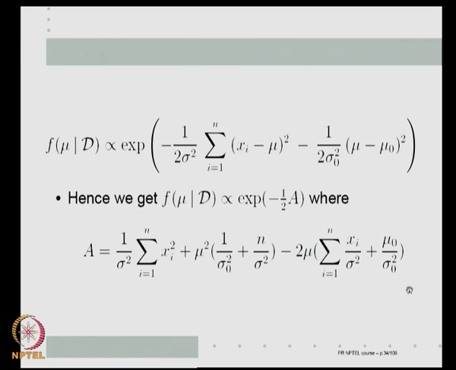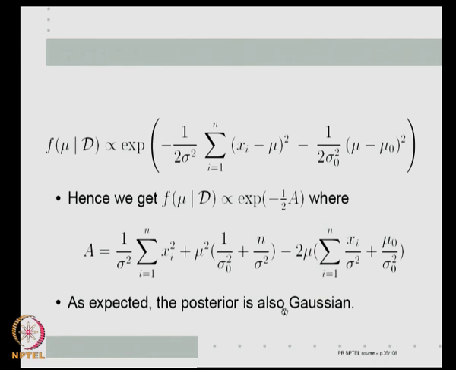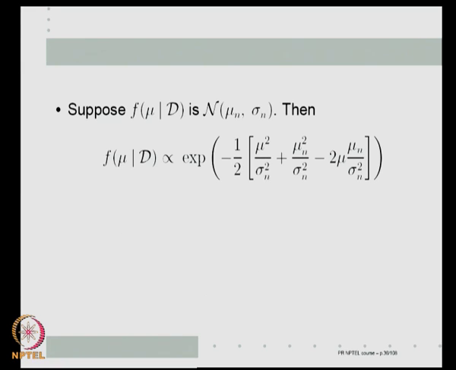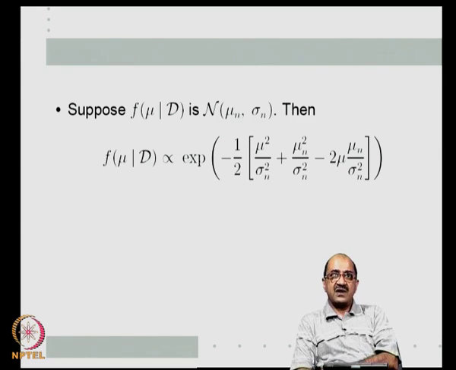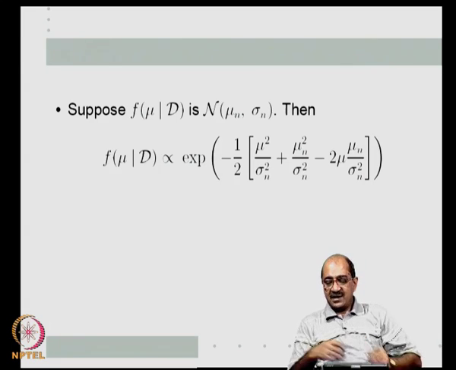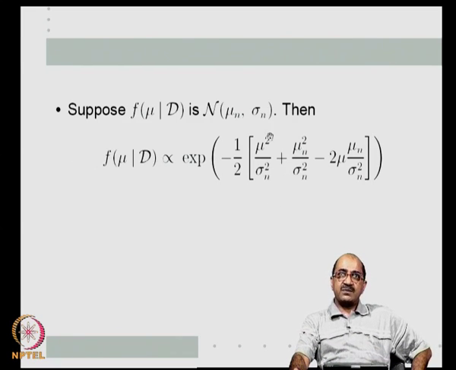Okay. So, what does this tell us? Because f of mu given D is proportional to exponential of a quadratic in mu, as expected, the posterior is also a Gaussian density. Now, I have to figure out for this Gaussian density what is the mean and variance. Then I have completely characterized the posterior density. Because I know that the posterior density is Gaussian, let us assume that the posterior density is Gaussian with mean mu n and variance sigma n square. Then the form of the posterior density, forgetting about the constants, would be exponential minus half